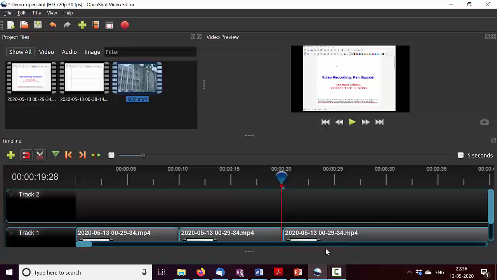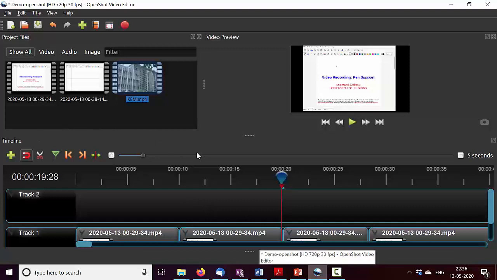There, it cut there. If I want to cut at some other position, the problem with the razor tool is it's not clear where you're cutting exactly. If you want to cut roughly, it is okay, but if you want more exact timing, you should use the blue slider and slice all to cut. But if roughly it doesn't matter, then you can use the razor tool. So here, let's say I want to cut here. I do that, it is going to cut. After you're done, click this so that the razor goes away.